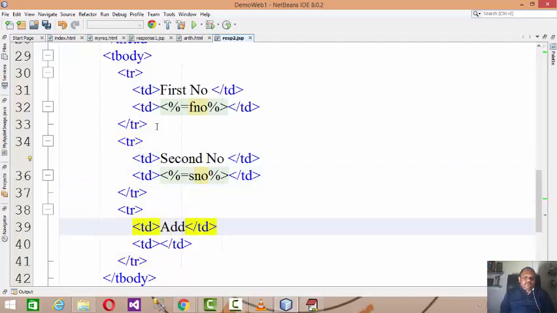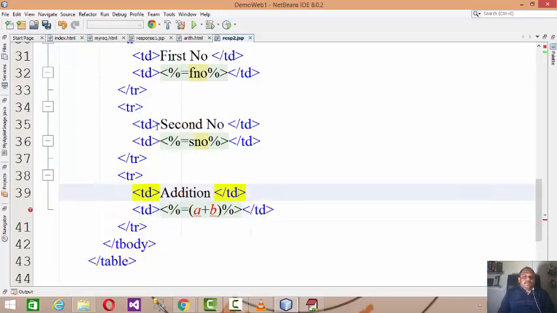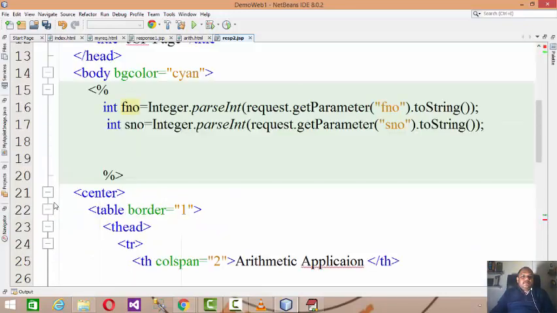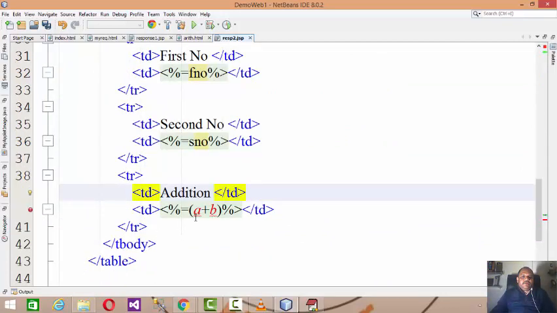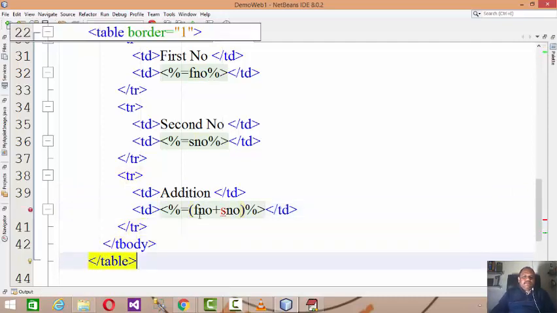Then you can do the addition, and that is the expression fno plus sno. Sorry, a and b, these are very clear, I'm not taking those variables for it, right?